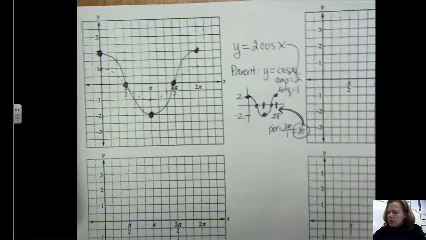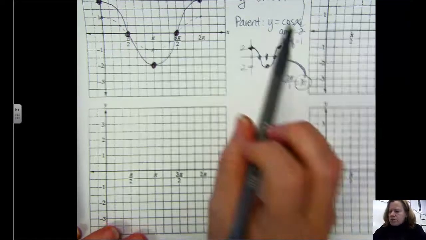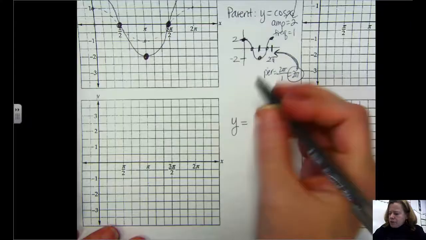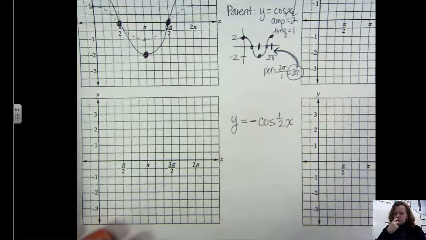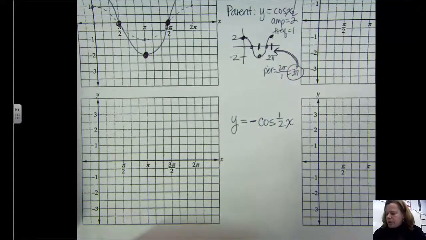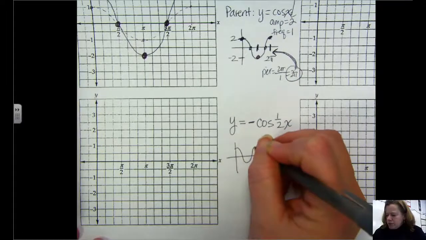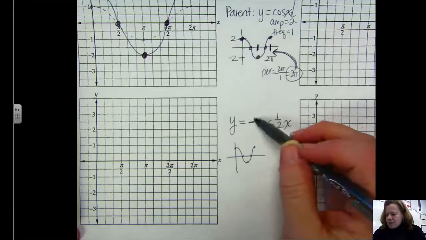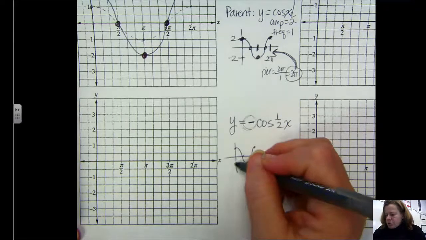Okay, now let's graph. I'm just going to stick with cosine because that's what I used with the first example. Let's graph negative cosine 1/2 x. Okay. Again, my parent is cosine. My parent cosine graph looks something like that, with the 5 major points. Now, this negative out front means it's been reflected over the x-axis. So really, I'm going to end up graphing